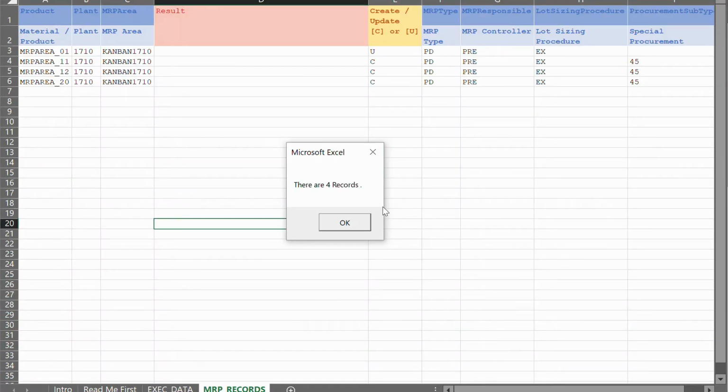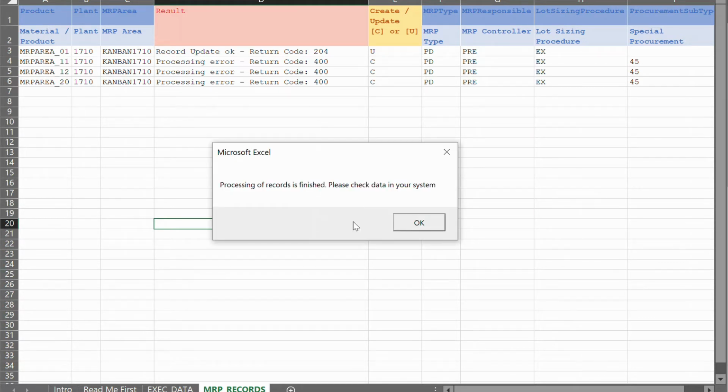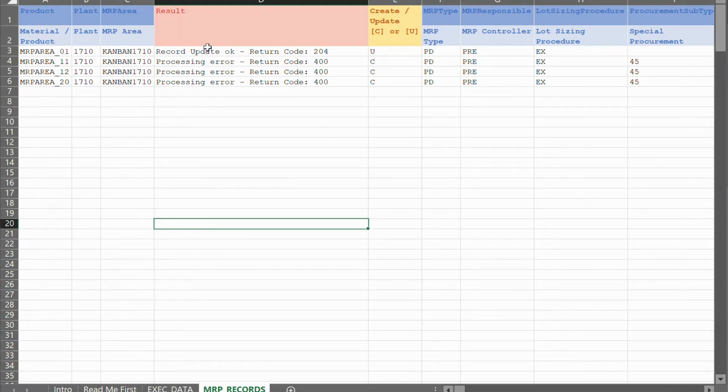Okay, so now it seems that it has worked. The system counts the number of records, just confirms that there are 4 records. And now he's going to call the system, and he's going to invoke the API as many times as I've got records. And here he's come back to say, well, this one got updated okay, but all of these ones, they didn't